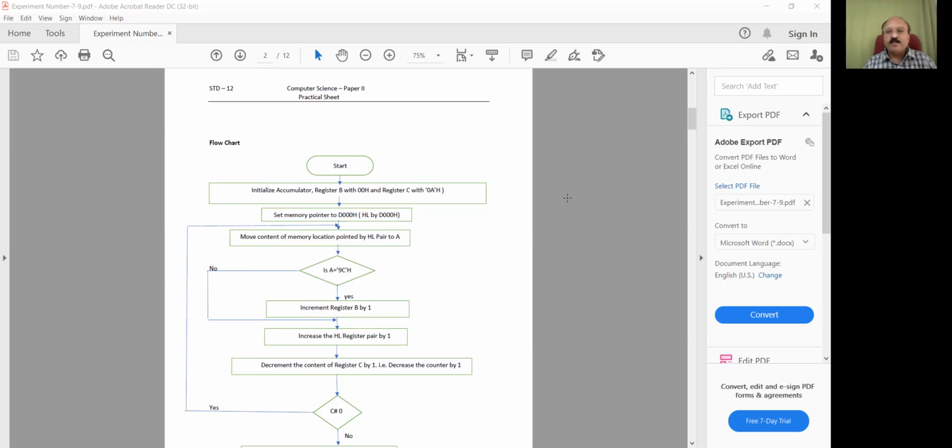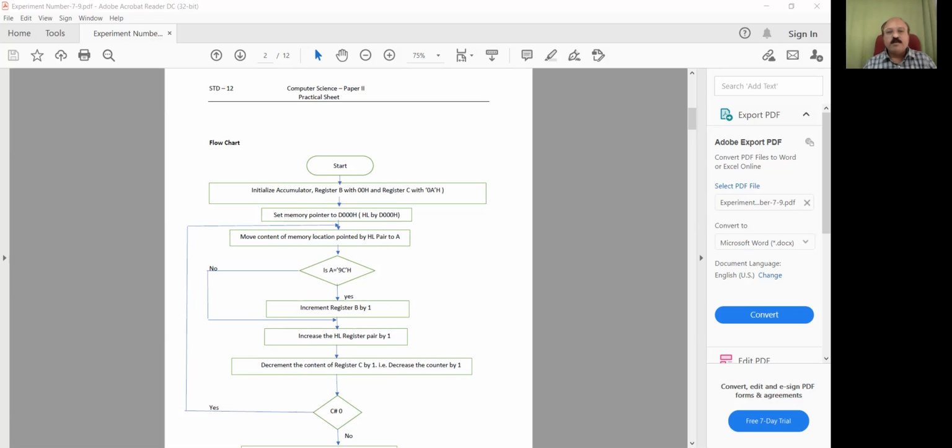Then move the content of the memory location pointed to by the HL pair to A, and then the comparison of accumulator and 9C will be done. If the accumulator is equal to 9C, the counter B will increase by 1, and the counter C will decrease by 1.